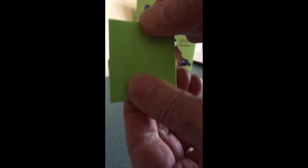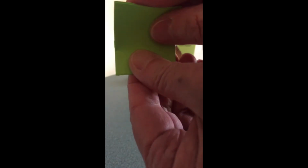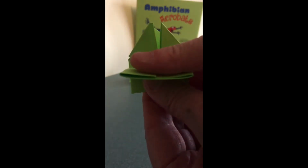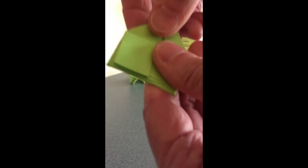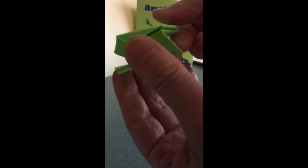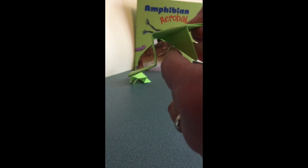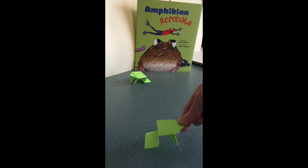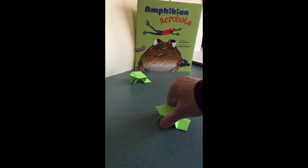Just a nice fold. And then I'm going to take the top edge that we just folded up and fold it, just that part, leaving everything else up there. Just going to fold this part back down to meet the fold we just made. And now we are done. So we unfold this to make the back legs, push these down to make the front legs, and there's our frog. And I'm going to turn it around,